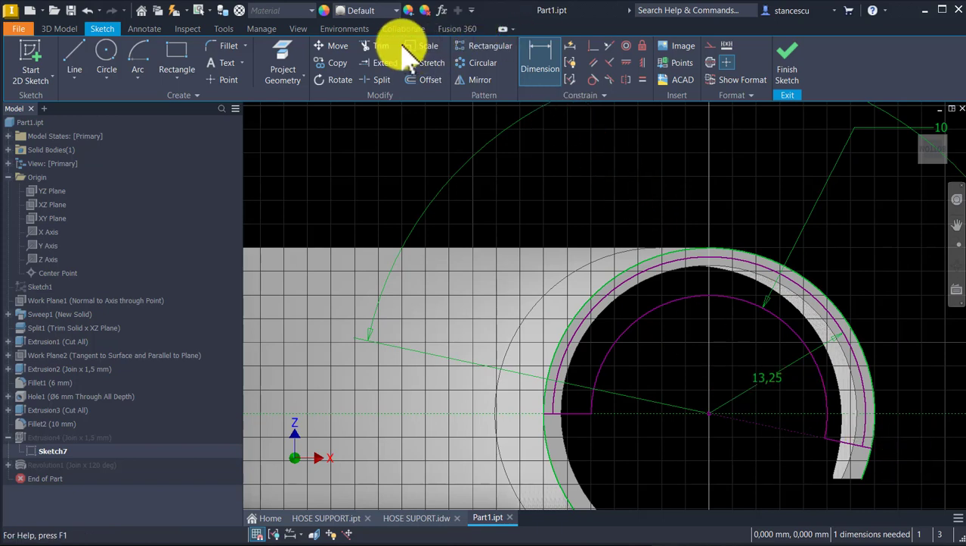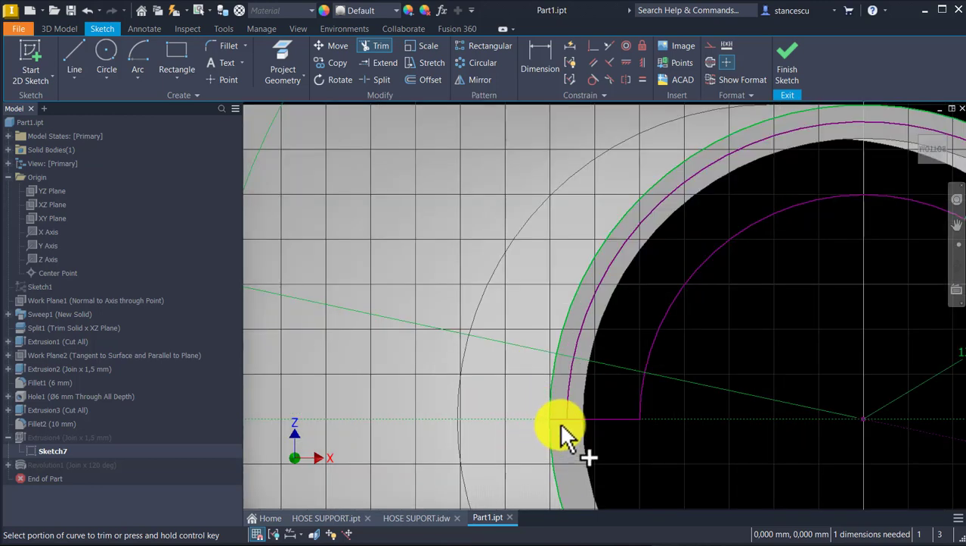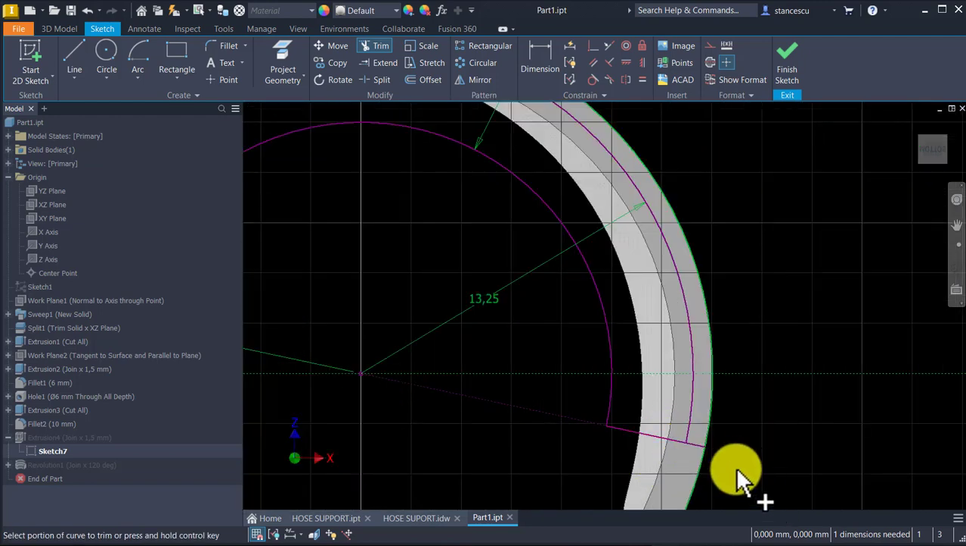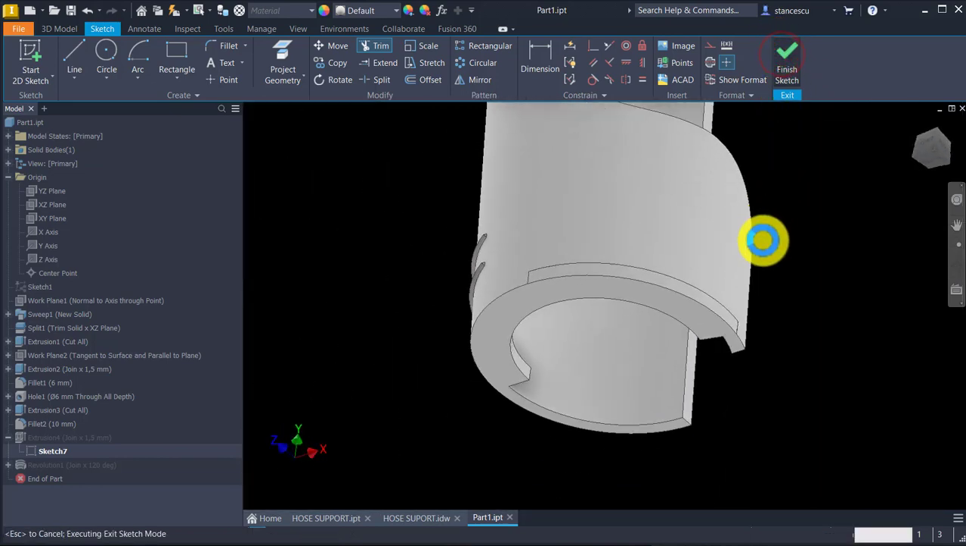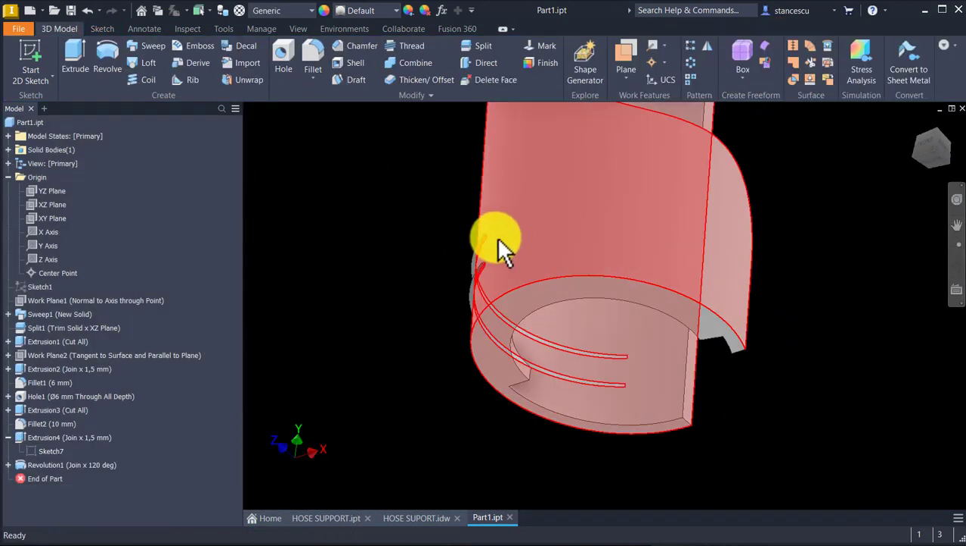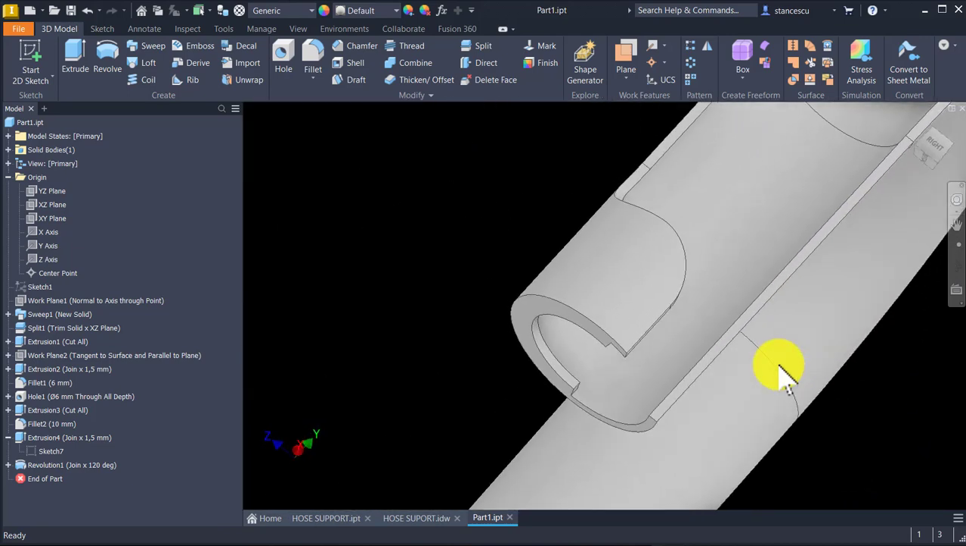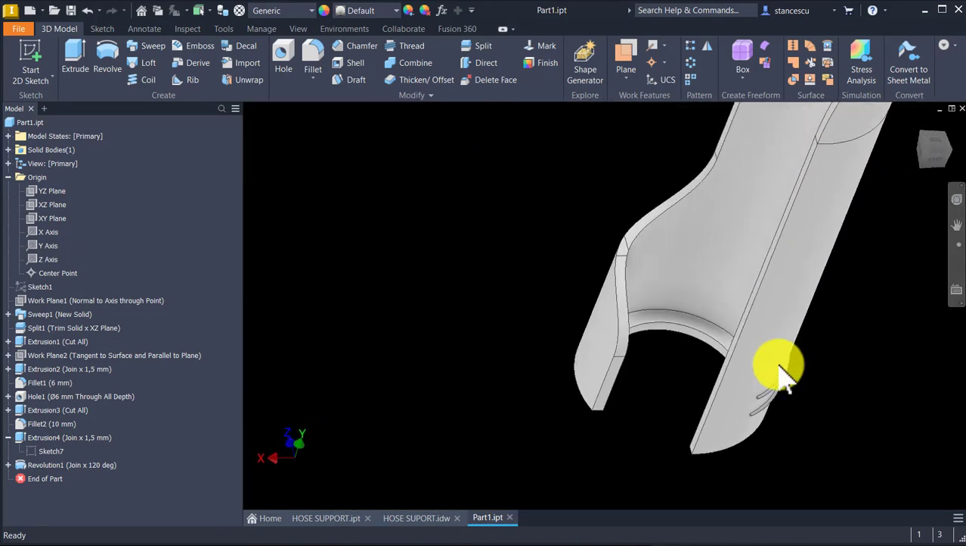Trim. We trim this small line and also this small line. Now we are not outside. Yes, it disappears. Okay,